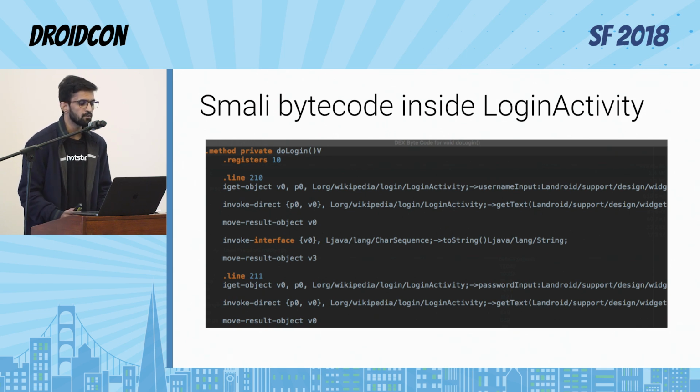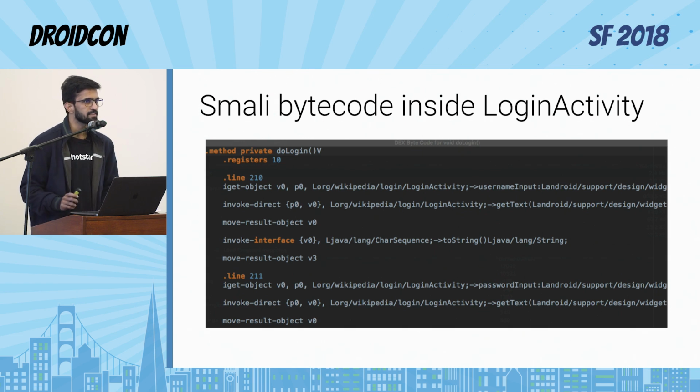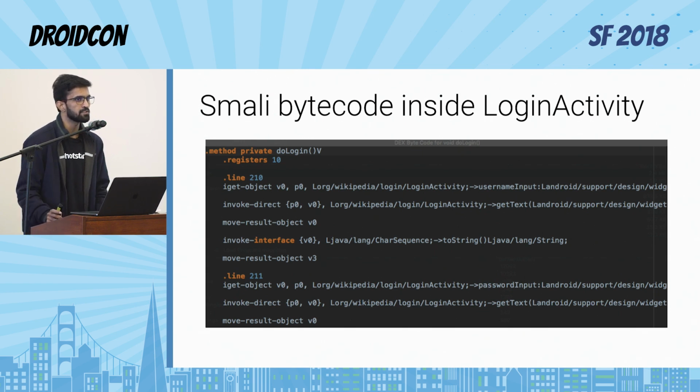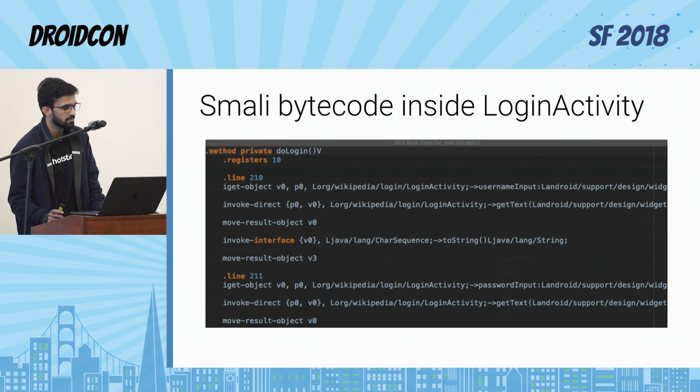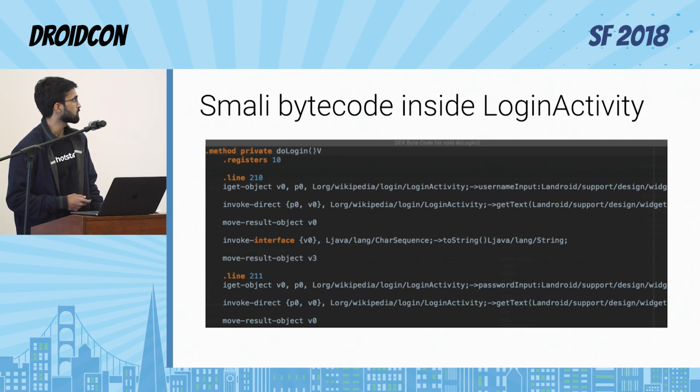Now we need to add a few lines of our Smali code in the Smali code of the login activity to get the username and password. We know that the easiest way to show information in Android is by showing a toast. So for the sake of the demo, we'll show a toast with the username and password of Wikipedia in it. For that, we have to add our showToast method to the login activity. So this is a method in the login activity Smali code. So we'll add one more method, that is a showToast method. And then we'll call that showToast method with the username and password in it.